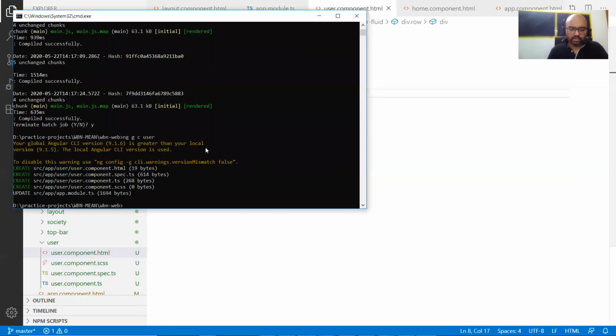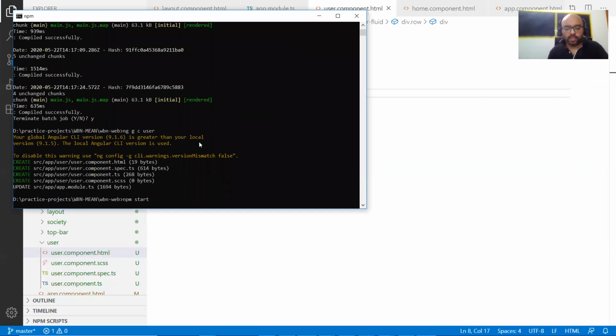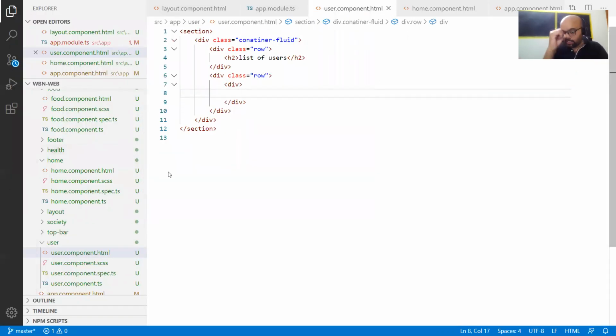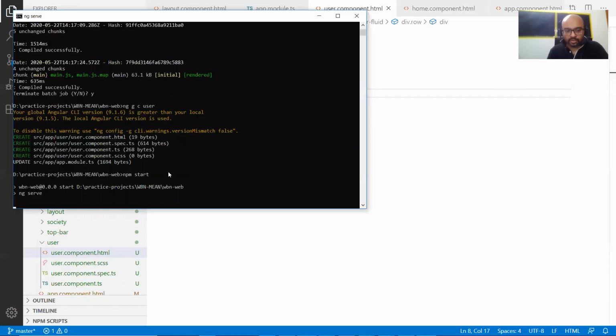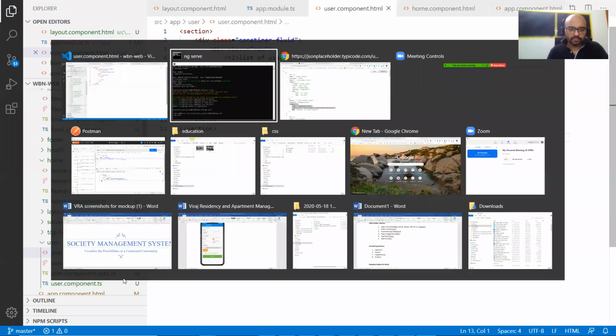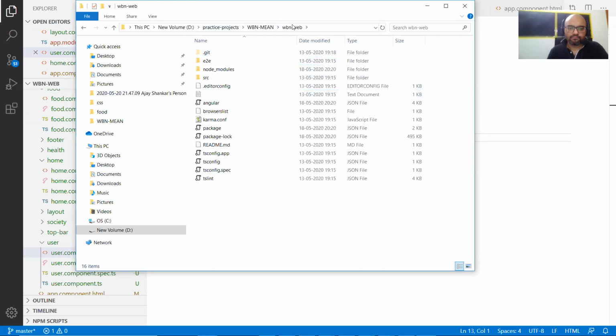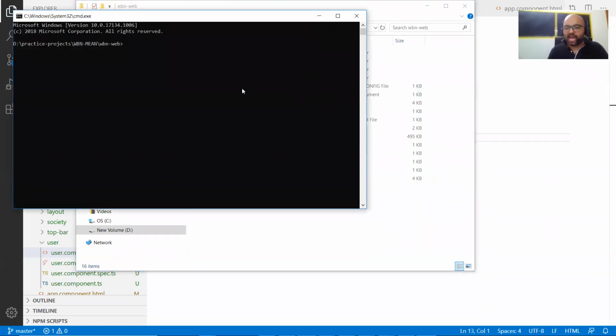Let's quickly check by doing ng npm start or ng serve, is this working or not? And by the time this is happening, let's start creating the service. Okay, so how you create a service is, let's add a service.